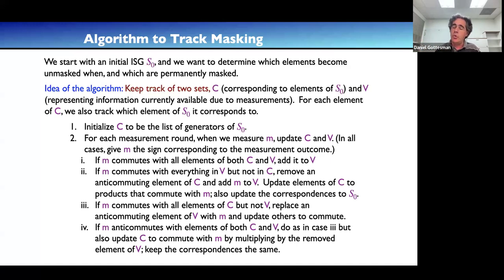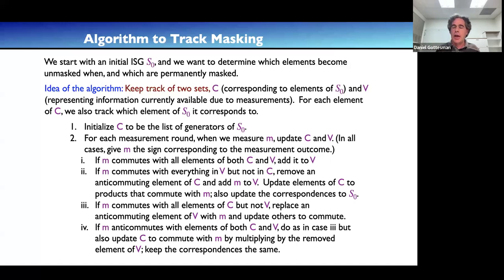And then whenever you make a new measurement, there are 4 possibilities depending on whether that measurement commutes with both of those sets or commutes with only one of them. So: commutes with C but not V, commutes with V but not C, or commutes with both of them.